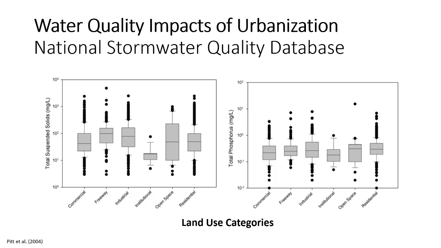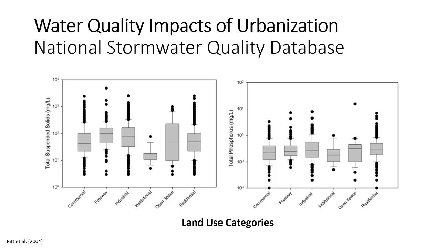Also wanted to just show you guys this graphic really quick. This is a really important tool for those of you that are doing land use impacts on water quality. The National Stormwater Quality Database, back in I guess it was the late 90s, they took like a zillion samples at outfalls across the US, and they tried to look at how median concentrations of various pollutants vary across different land uses. So these box and whisker plots are showing total suspended solids and total phosphorus for various land use categories. Okay, so if you have a question about typical concentrations for various land uses, like you're trying to do some sort of a GIS analysis, the National Stormwater Quality Database is a really, really good resource. They have all this information published, and you can actually get the database if you want it and do your own